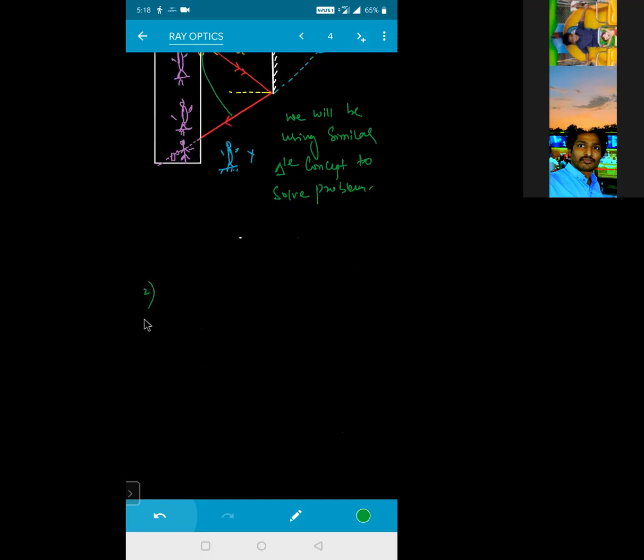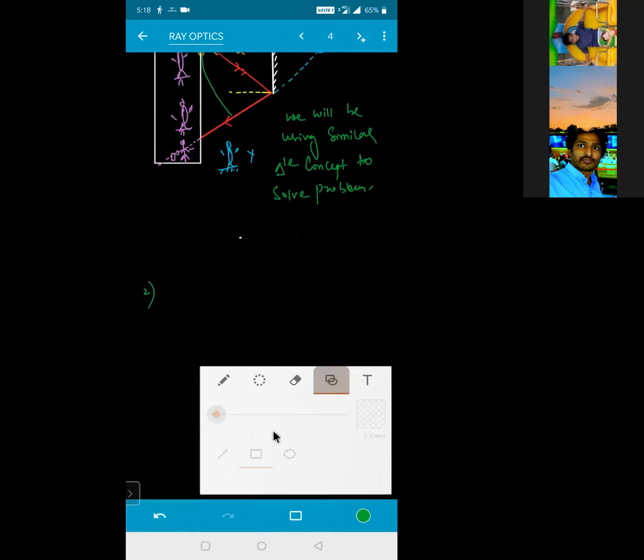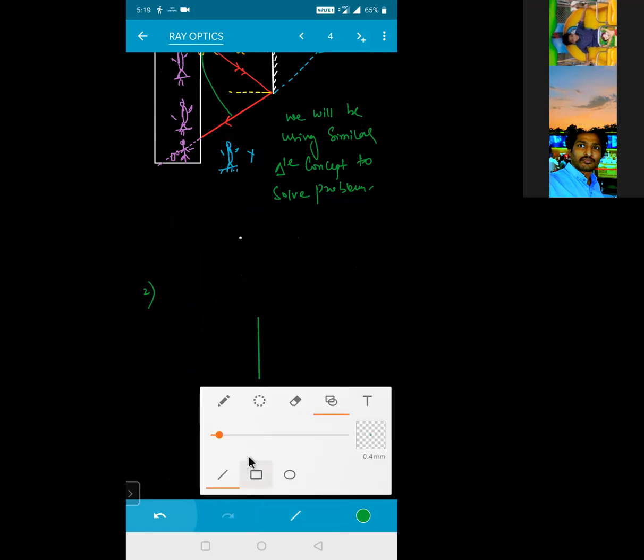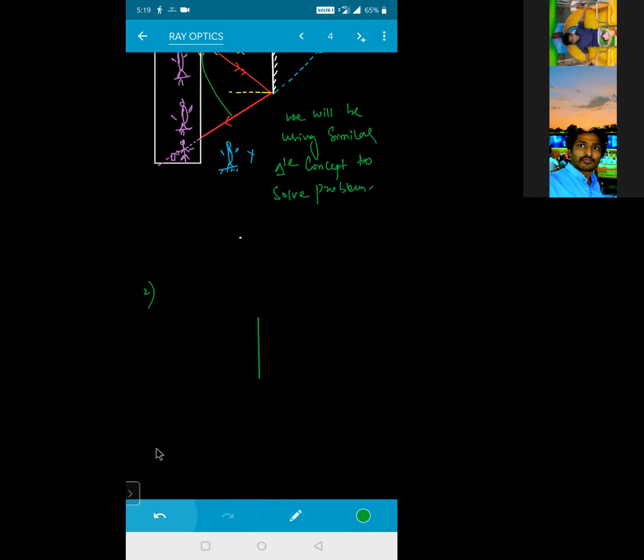One more example I'm giving you. Listen to it carefully. See whether you got an idea or not. Say for example, now my mirror is only this much, and I'm standing somewhere here right now. That means the object is somewhere here. This is your object, and this one is your mirror.